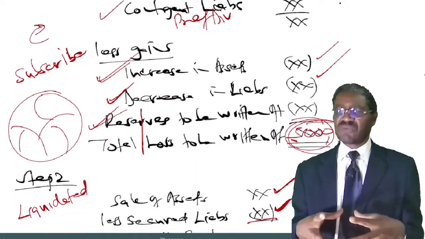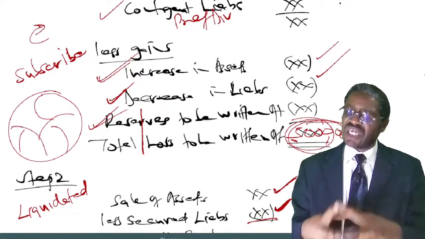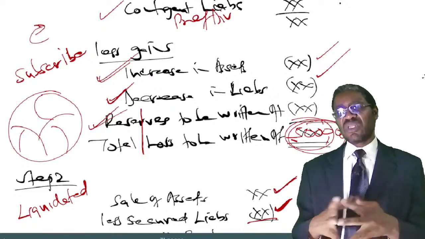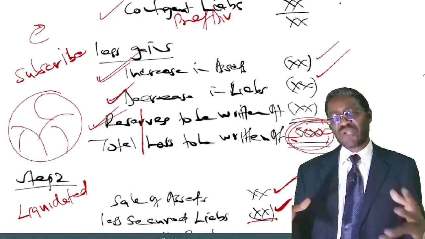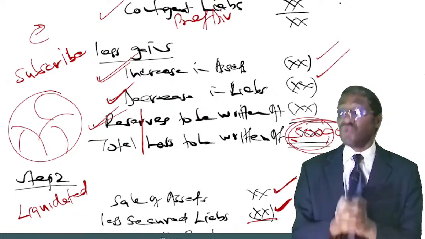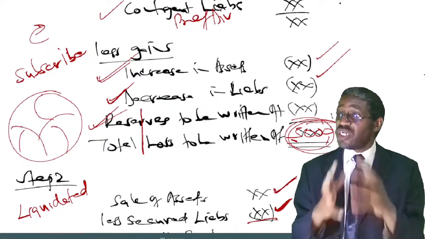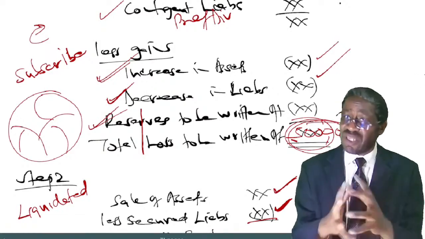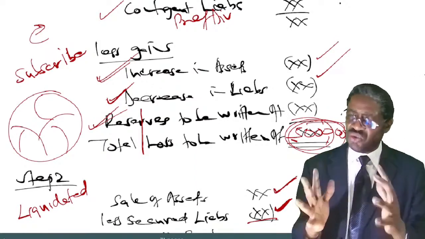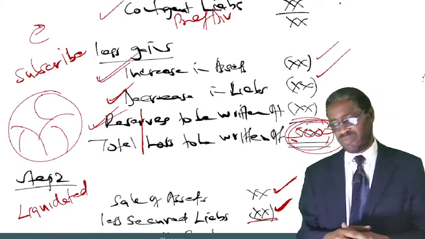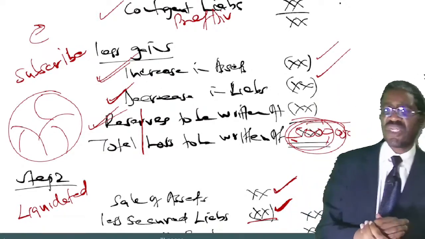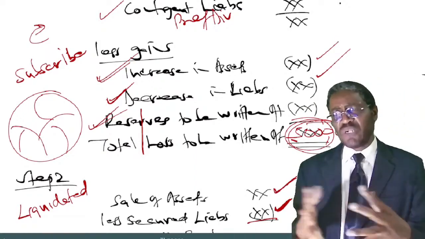One thing that must be included is anything that we got in step 3. That must be part of the scheme. Then what else should be part of the scheme? I've told you, anything that you used in step 1 to determine the total loss of 5 million must be part of the scheme. With that idea, I want to project a question, which is an old past paper question,